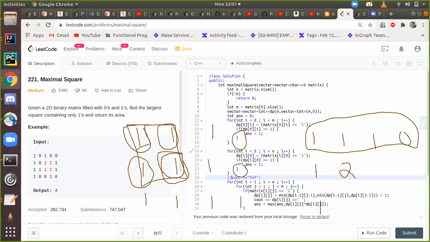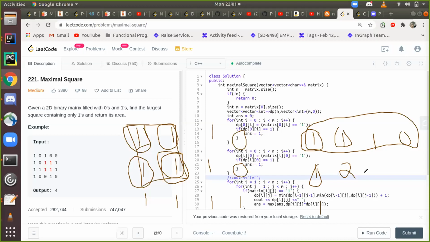The side of that square would be the minimum of the sides of these three, so I take the minimum and then add 1. The way I filled this as 2 is because this was 1, this thing was 1, and this thing was also 1. So the minimum of these three comes out to be 1, and then I add 1. So I get this as 2.